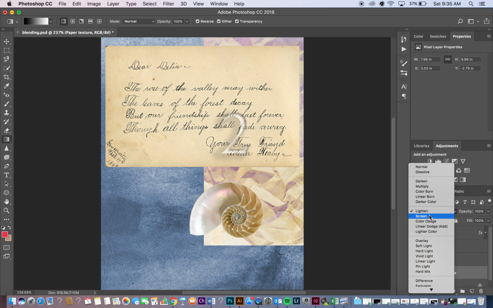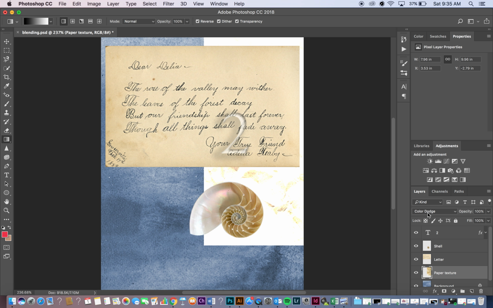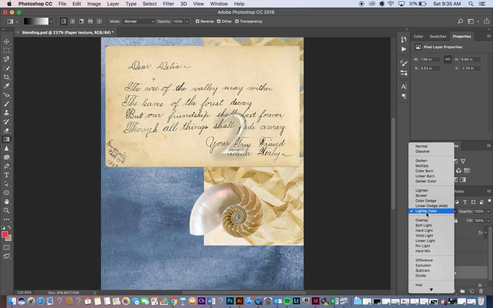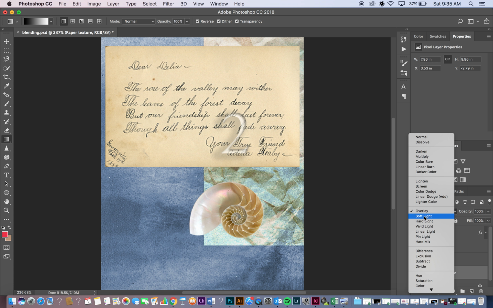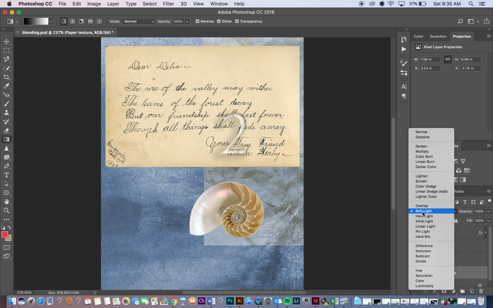Sometimes the colors will only blend with the dark colors, or they will make the dark colors lighter, or there's all these very specific algorithms. And one of the more complicated goals in Photoshop is to anticipate which blending mode is going to yield which kind of result. So for example, I know that lighten and soft light,